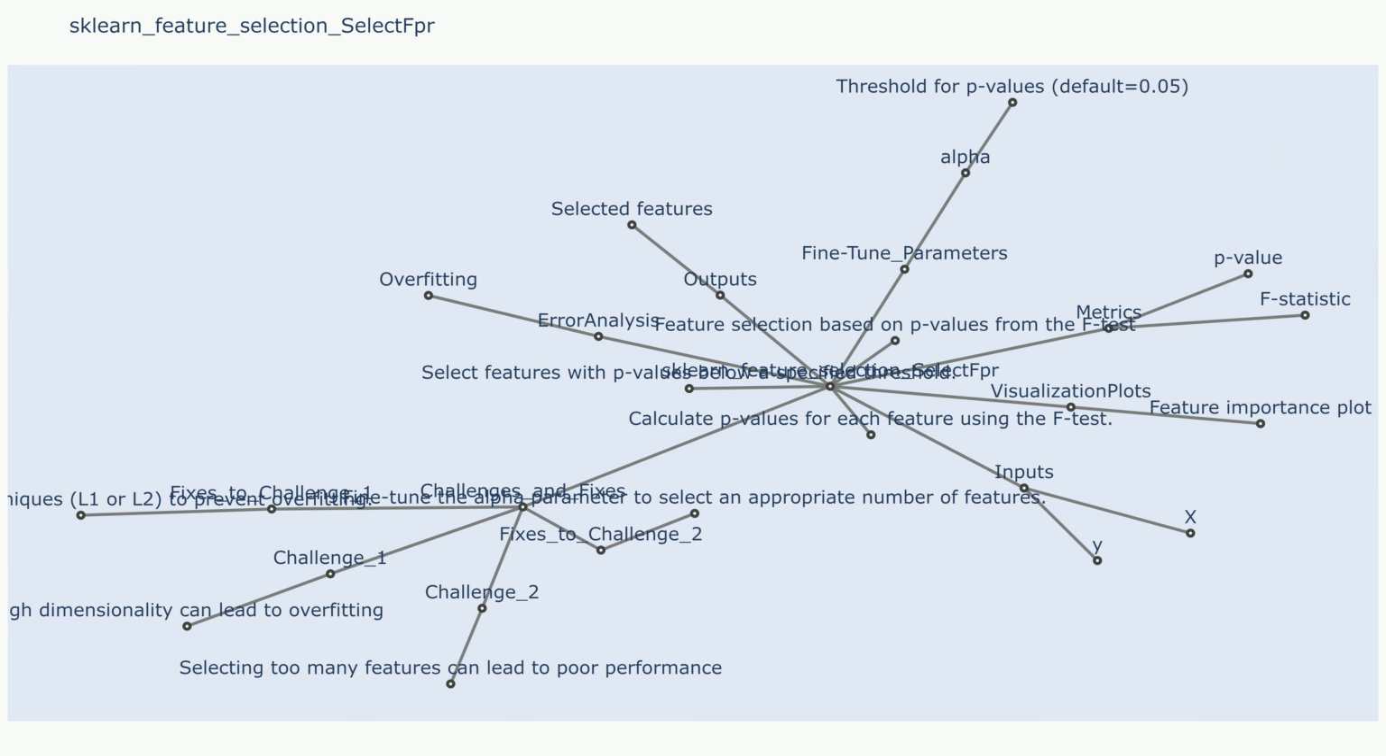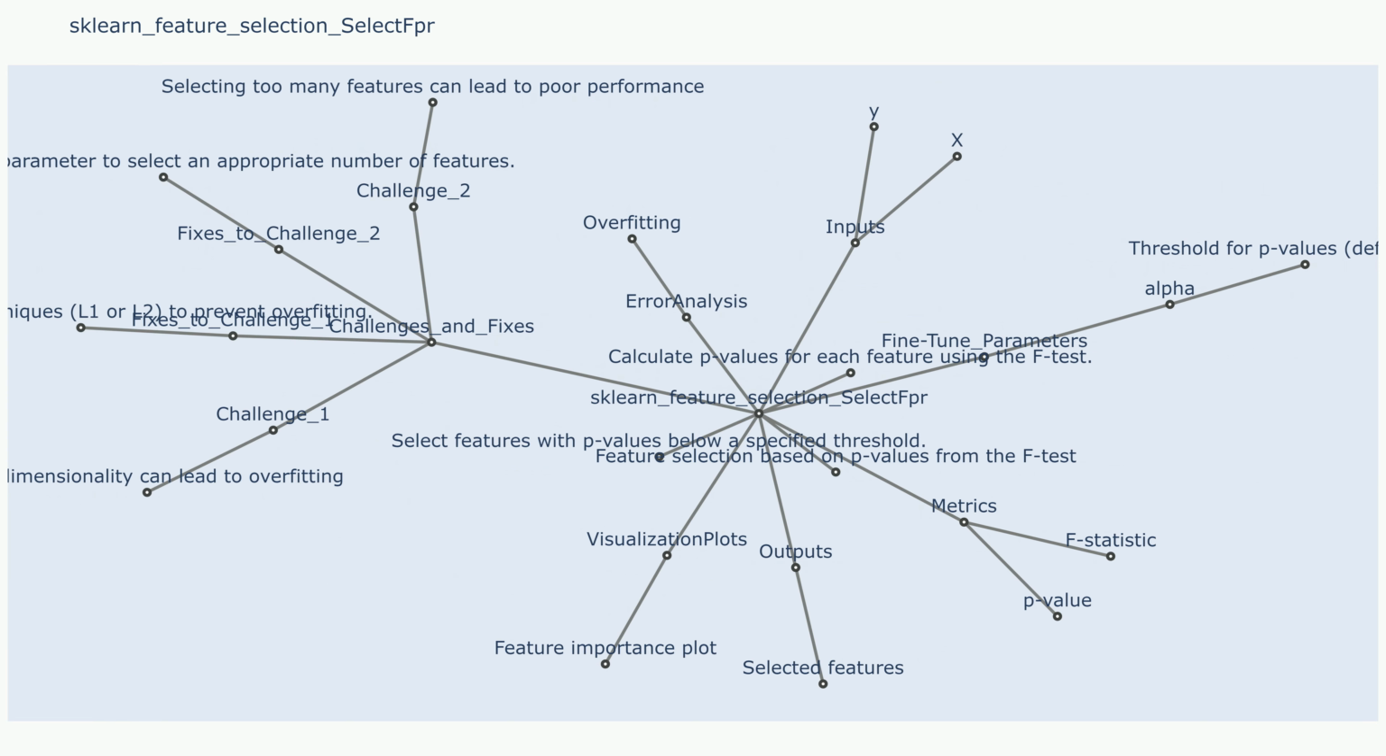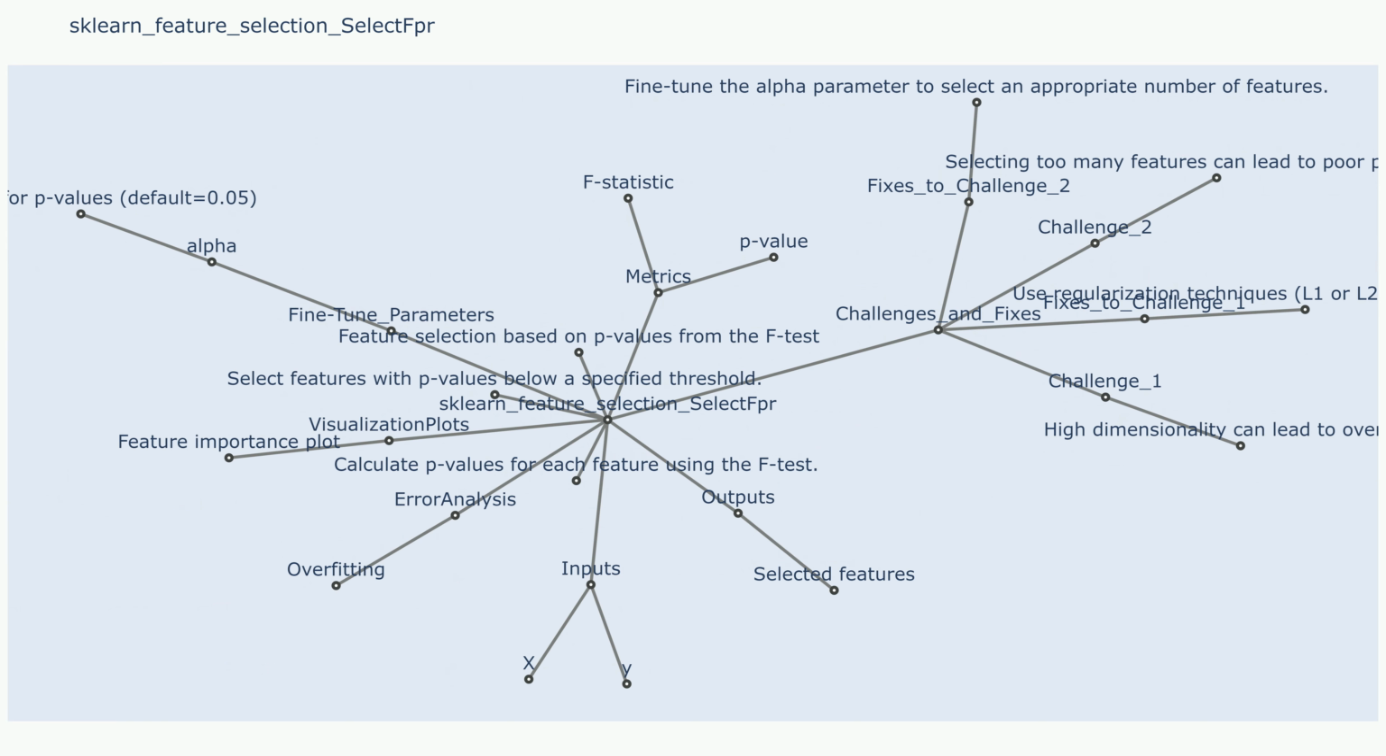Challenge 2: multicollinearity if the features are highly correlated. The F-test may not accurately reflect the importance of individual features. Sample use case that resulted in challenge 2: dealing with datasets containing features that are strongly correlated, e.g., multiple measures of the same concept. The F-test might select features that are only weakly related to the target variable due to the correlation with other